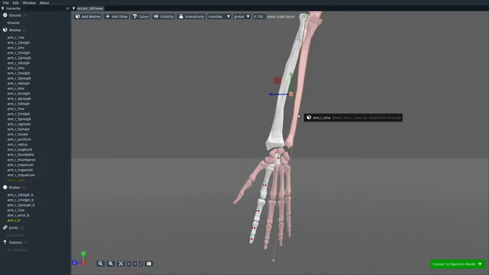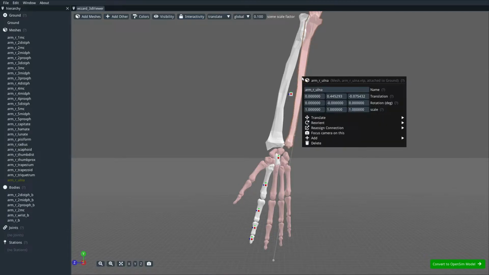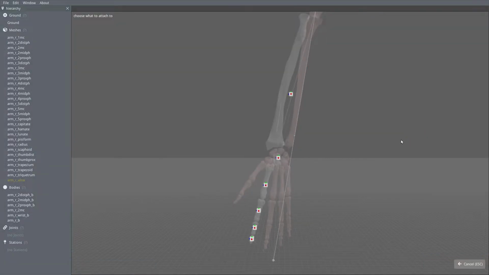You typically want your meshes to be attached to something in your model, such as a body or joint frame or something like that. So it colors it red to indicate to you that you probably want to look into this and assign these meshes to something in your scene. The way you do it, you can do this with assigned meshes or unassigned meshes. If you right click on a mesh and go to reassign connection, this is assigning what the mesh is